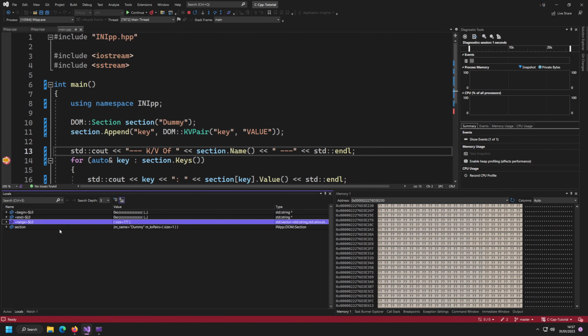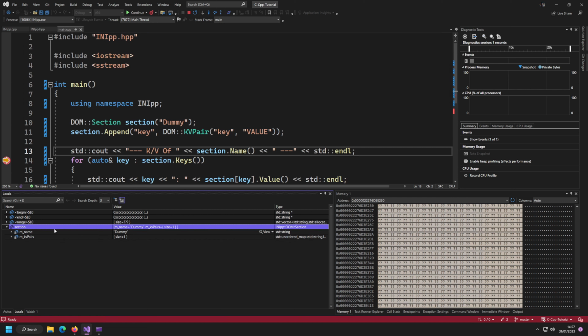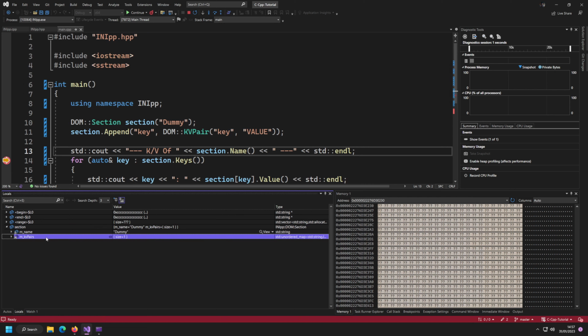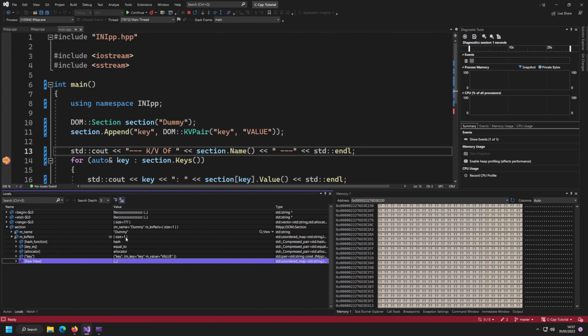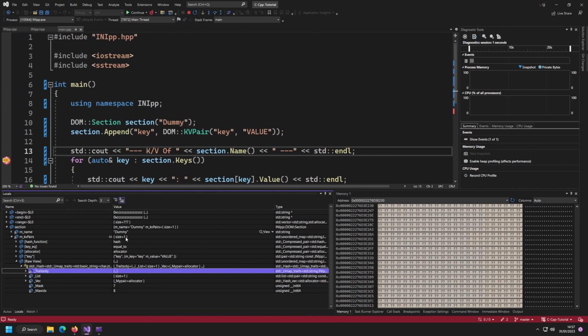So you can see that we have the section down here. You can see that the section has a name called dummy. Then we have the kv pairs, which is an unordered map, but it's telling us that the size of the unordered map is 1. I can open this up and you're gonna see it gets like this hash function, key equal, allocator and raw view, but what we care about is not the raw view because this is like the actual